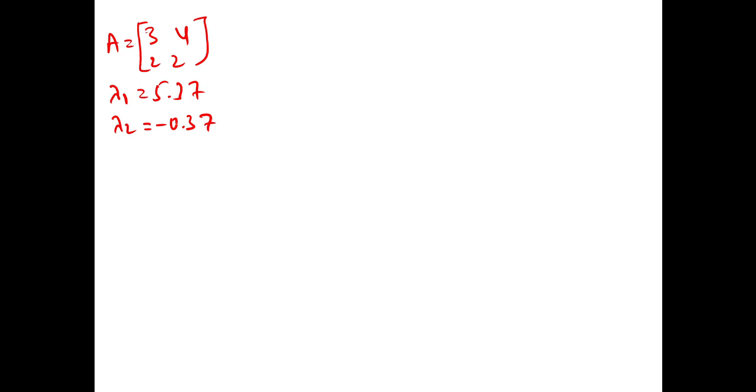So considering the lambda 1, I will first write the A matrix. This is the A matrix that we have: 3, 4, 2, 2. Lambda 1 value is 5.37, lambda 2 value is minus 0.37. So first of all, considering the lambda 1 value,